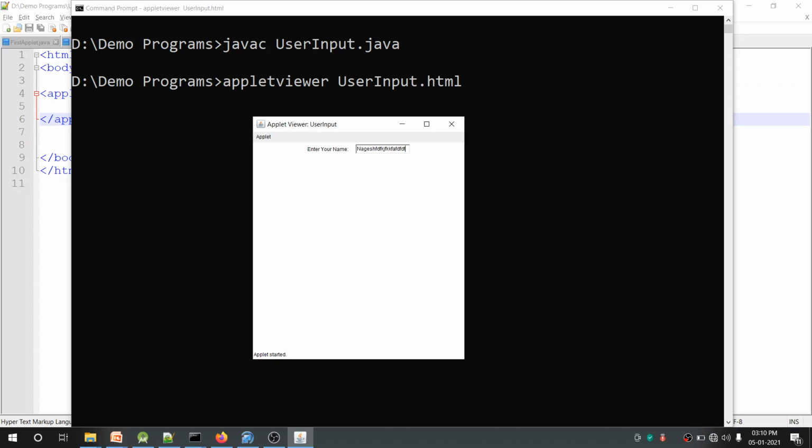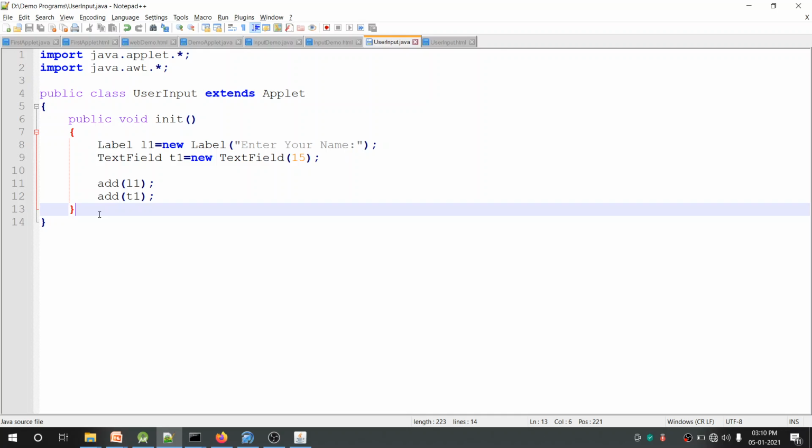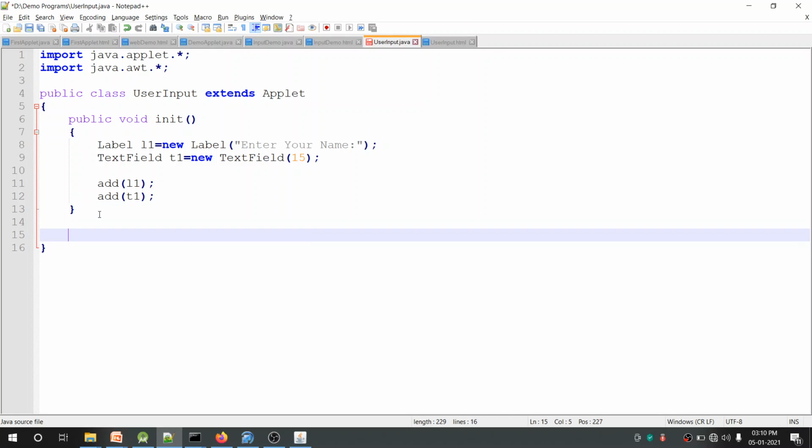So we will modify the same program to read the information from the text field, and whatever information we enter in the text field, the same information we will display again on the applet at the bottom. We will display a message like your name is, and whatever name the user enters, the same name we will display. Now to do this, in the program we will do two things. We will include a paint method first. Using the paint method we are going to print it. Again there are other ways to do the same thing.